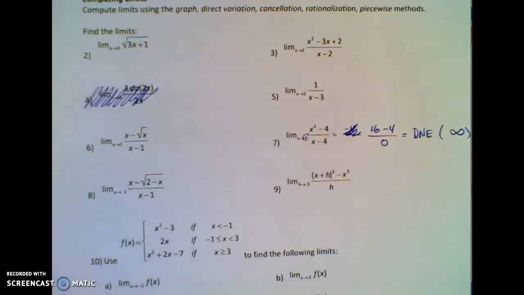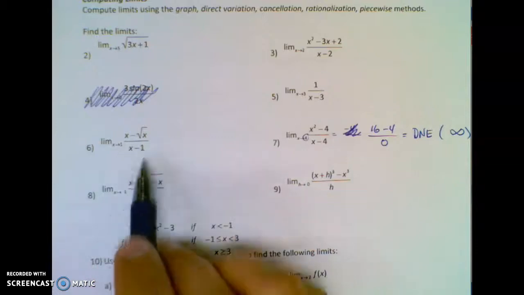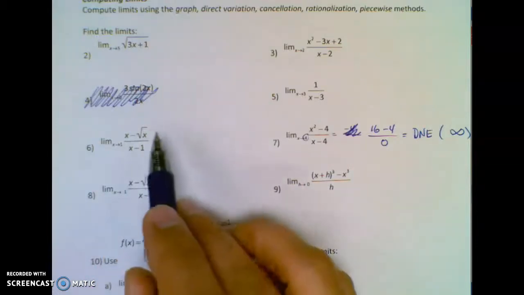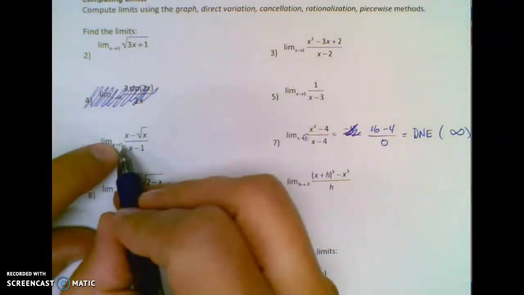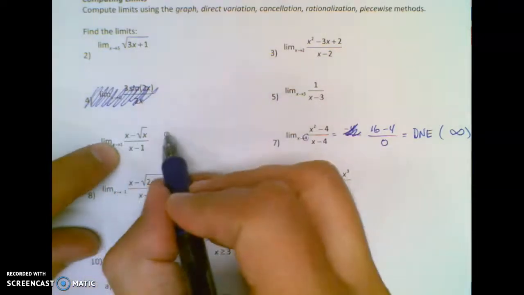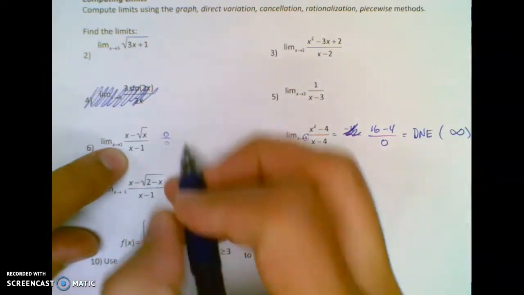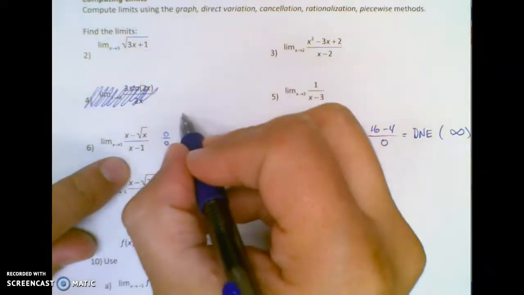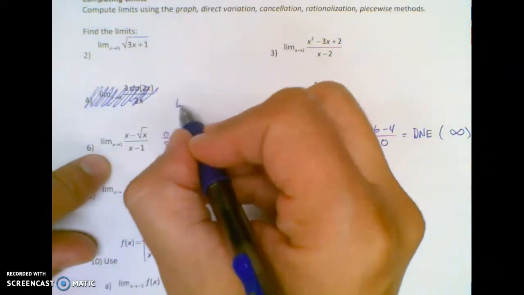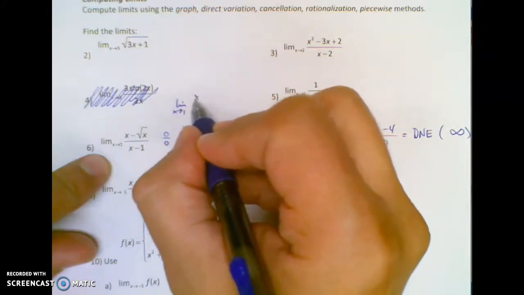All right, so let's try to mess with one of the radical ones. So, pick the top one. First thing you should try is plugging in a 1. This would be 1 minus 1 over 0. So 0 over 0 means I'm not done with the problem. So in these problems, you need to make sure that there's not a lot of room for this, but